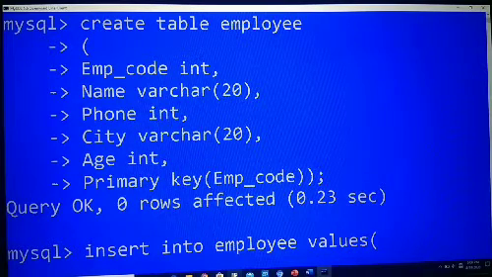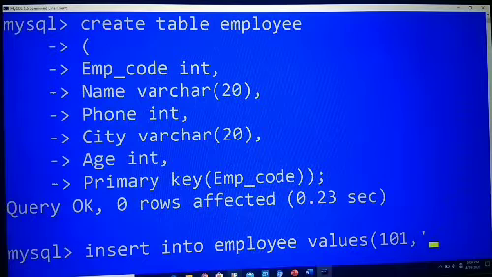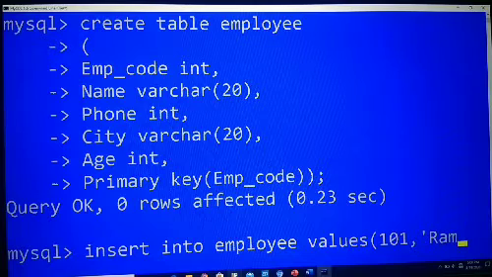Our first value is our employee code 101 and name is Ram. And next column is phone number.